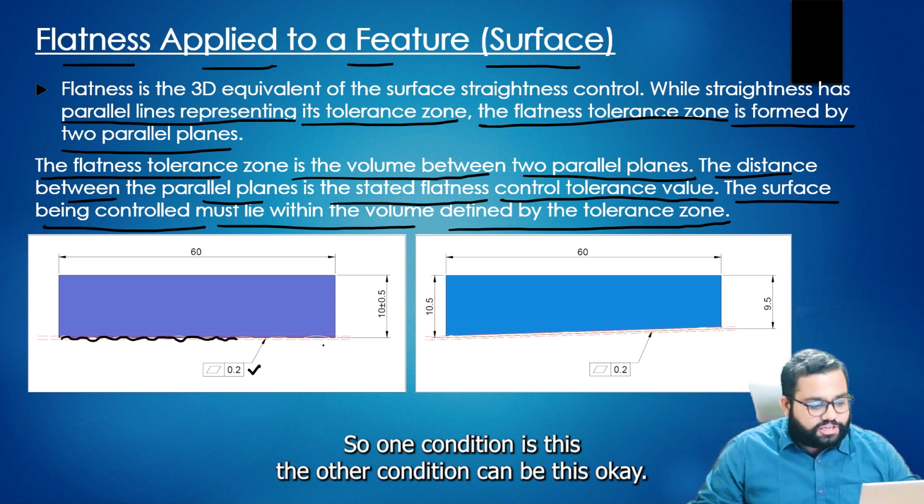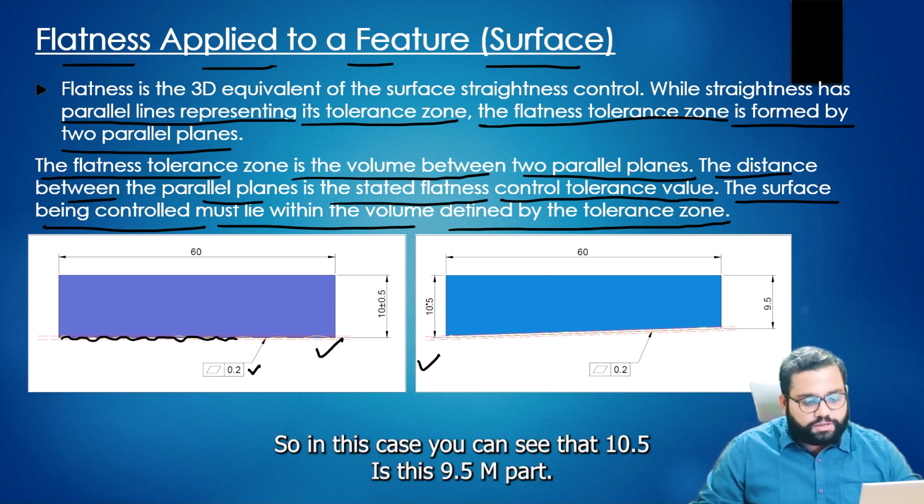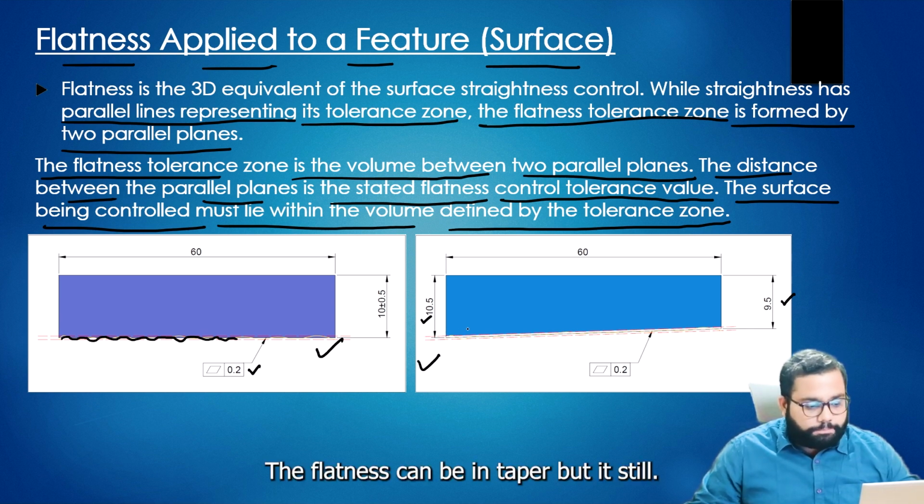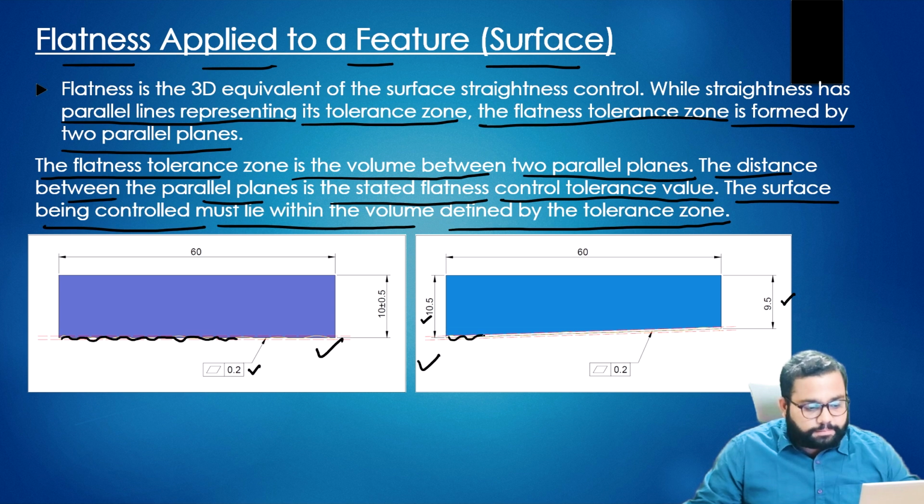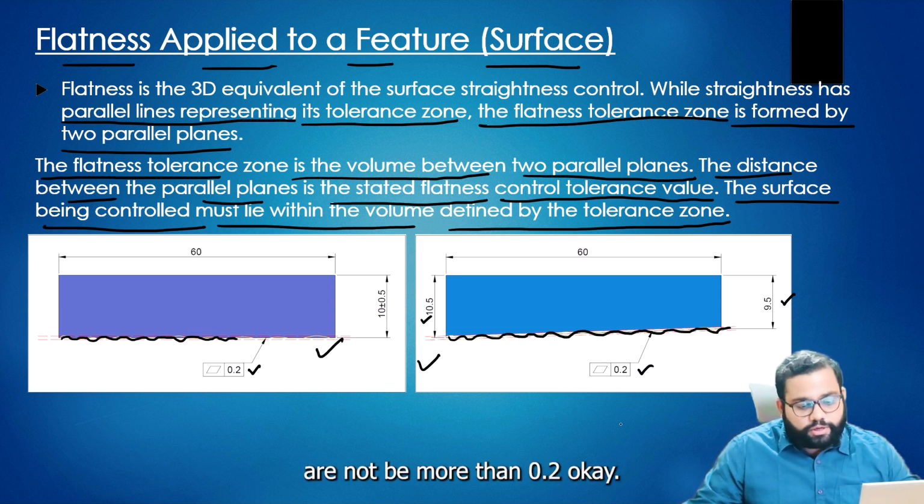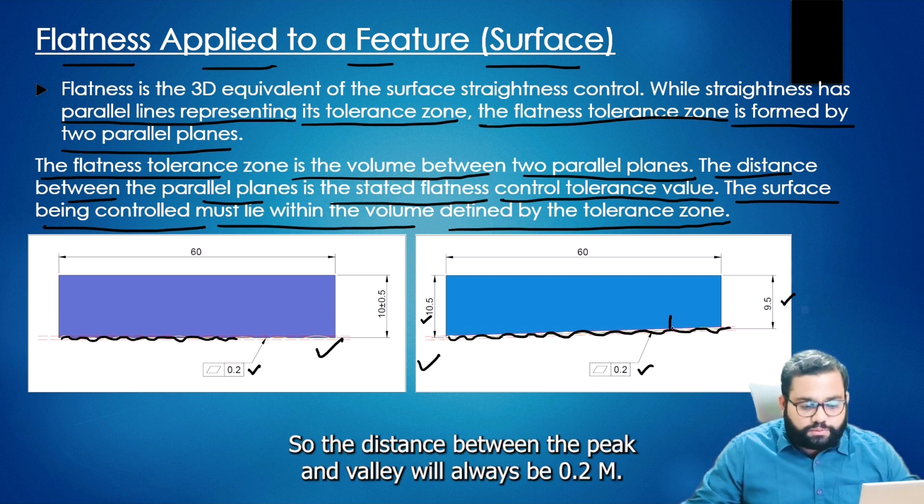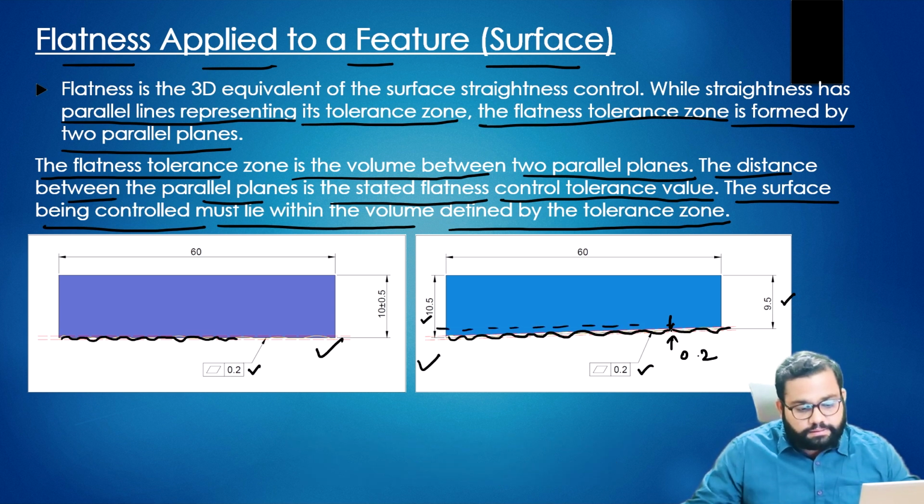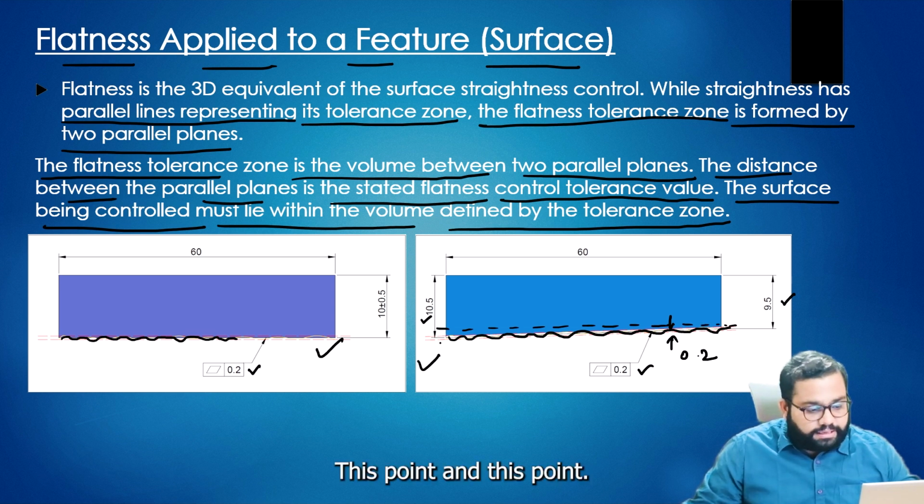So one condition is this. The other condition can be this. In this case, you can see that 10.5 mm is here and 9.5 mm is here. It can be tapered. The flatness can be tapered, but still these peaks and valleys are not more than 0.2 mm. The distance between the peak and valley will always be 0.2 mm. Although if I take this point and this point,